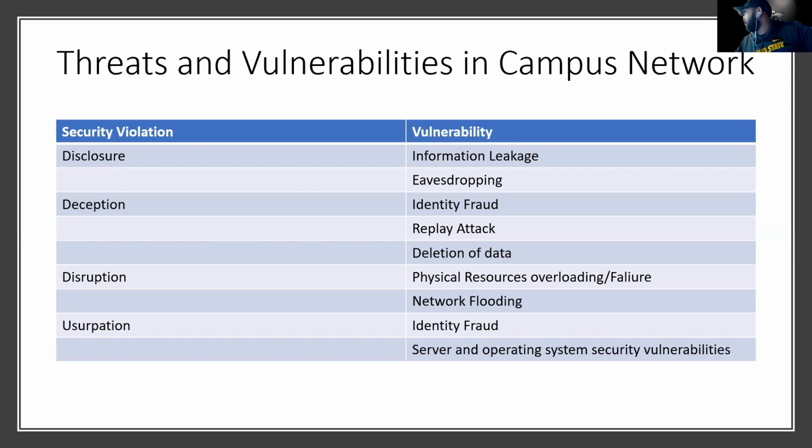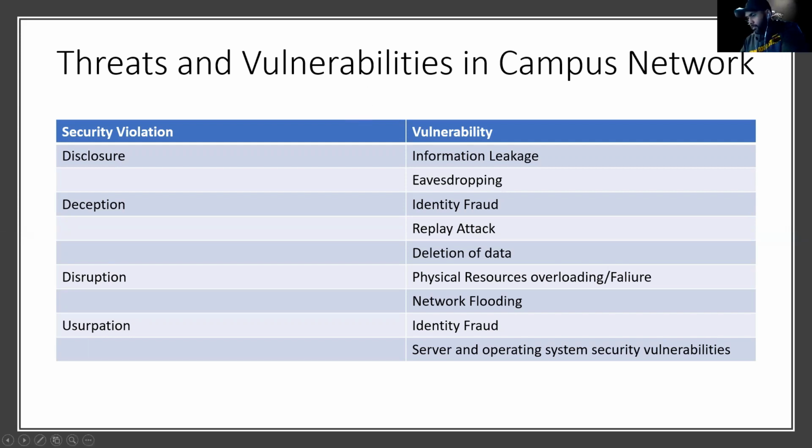Deception is intentionally attempting to mislead other entities, for example, a phishing attack. So a malicious entity may send false or incorrect information to others, leading them to believe that this information is correct. So fake identities may be used in order to deceive others or gain illegitimate access.